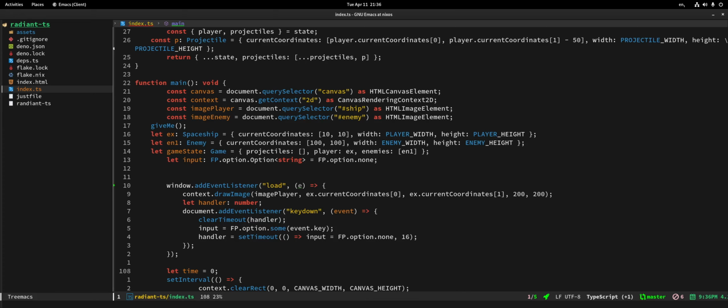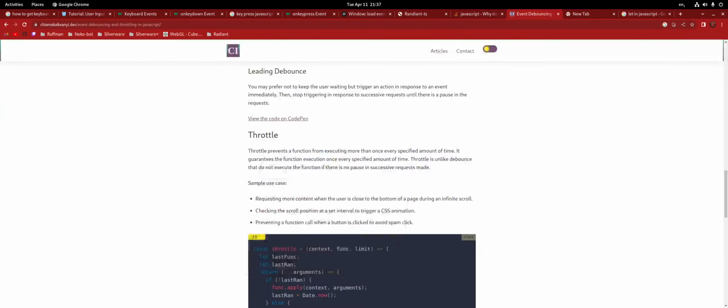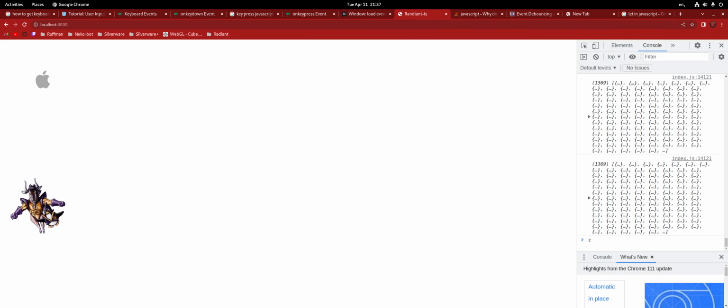We need to maintain the state of the sum for a certain amount of time, I guess. No, wait. What happens in the game that you want to prevent? It's the firing of a bullet? Yeah, I want to not be able to hold Z. If you hold Z, you should